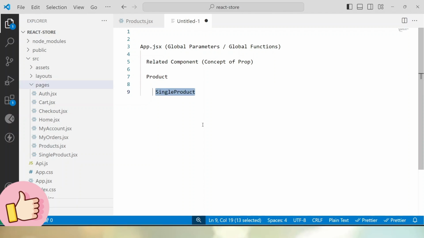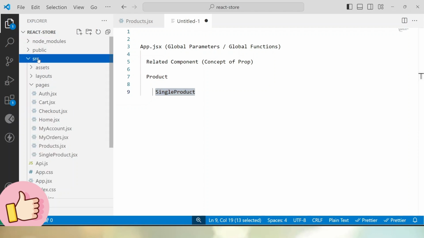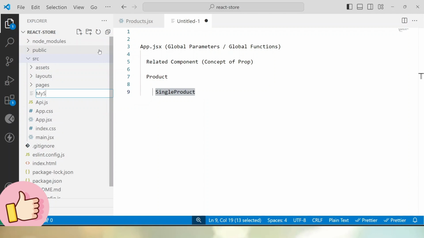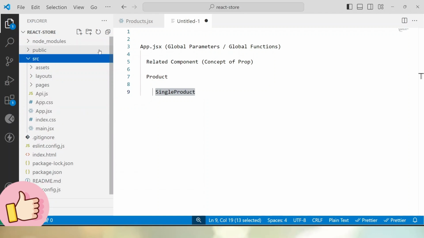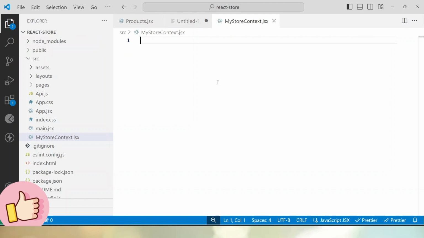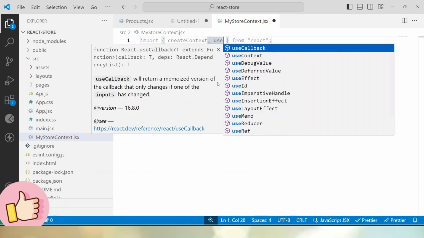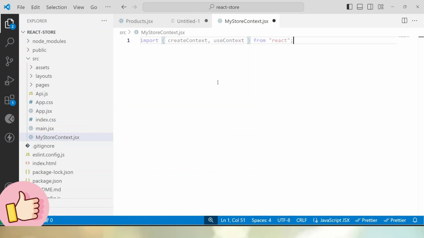Now to create a context and its provider, it's very simple. Just go inside the SRC folder. We can create that context inside any of these subfolders, or it's better, let's go inside SRC and I will create a file and call it my store context.jsx. Then simply import createContext from React and useContext from React. Then after,